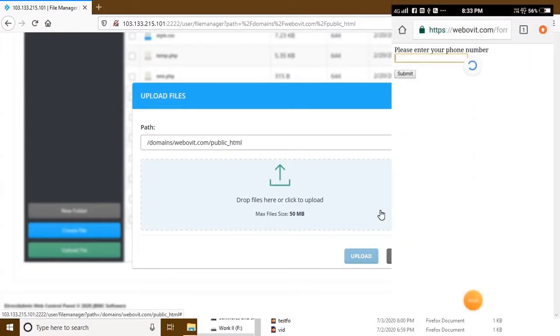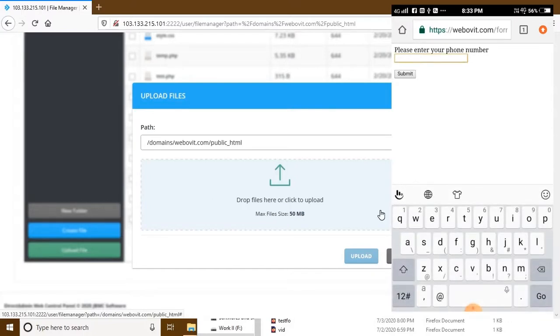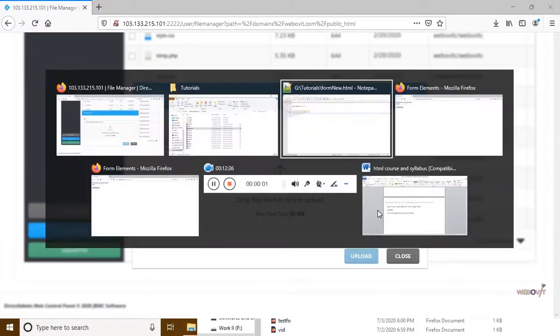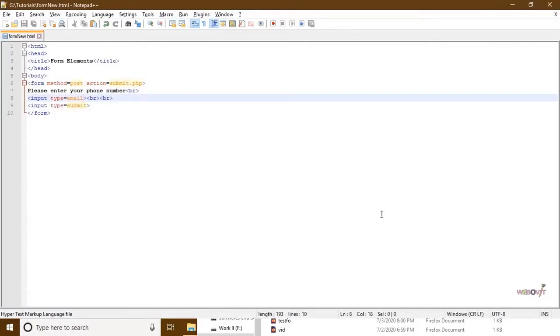As I click in this one, there is a difference. Now if you look at the bottom side, adjacent to the spacebar, you will see there is an @ sign also. So the @ sign is provided for writing emails. So whatever the email ID is, info@gmail.com, like that. If you mention normal text, then there will be just alphabets, but if you mention email, there will be an @ sign available.